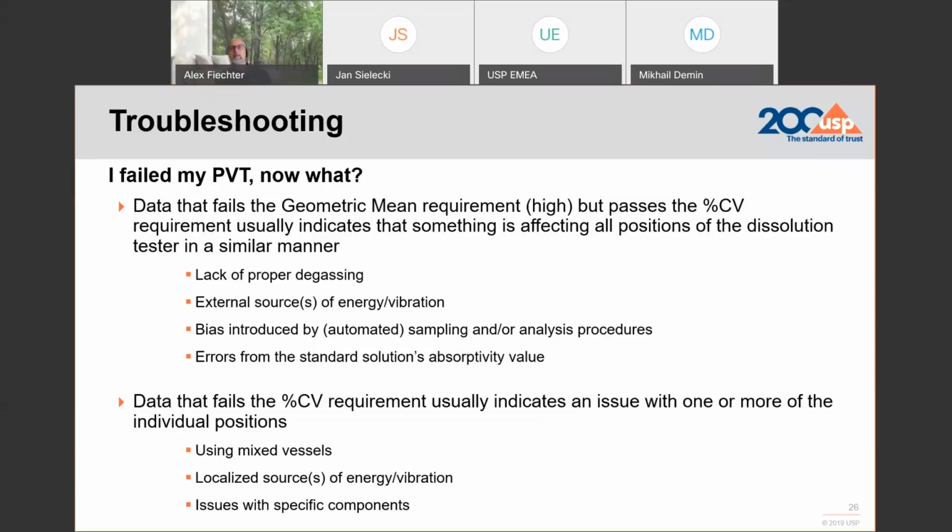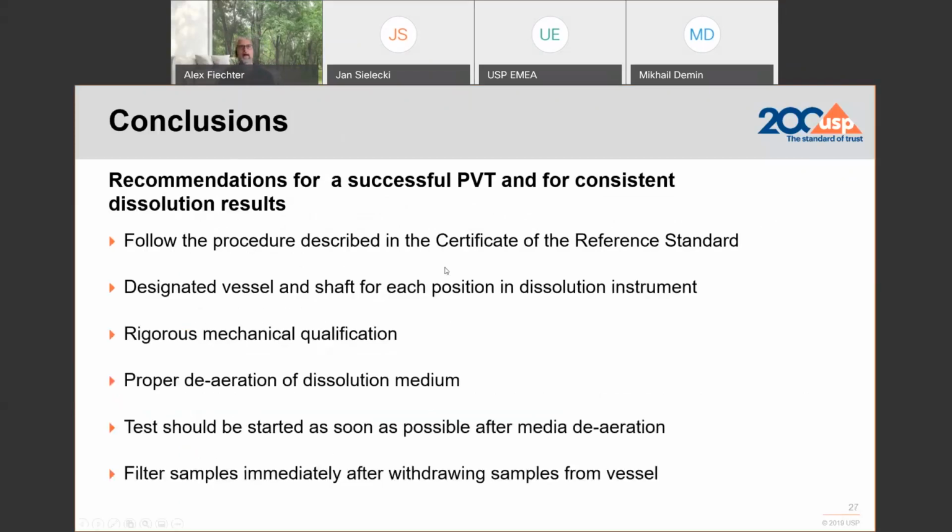But again, this is really just a very general and small indication of what could go wrong with your dissolution tester, nearby sources or analytics. There are more details explained on our website as well. As I mentioned before, if you ever get a chance to do a course with us, we go into much more detail.